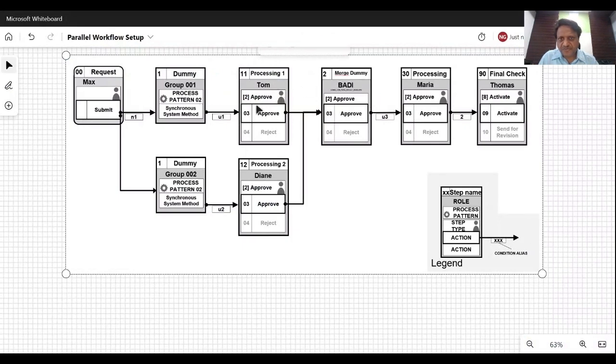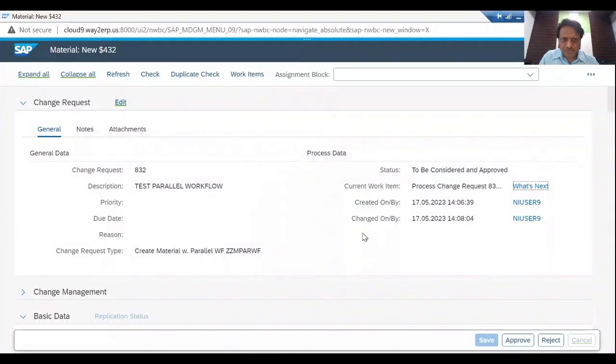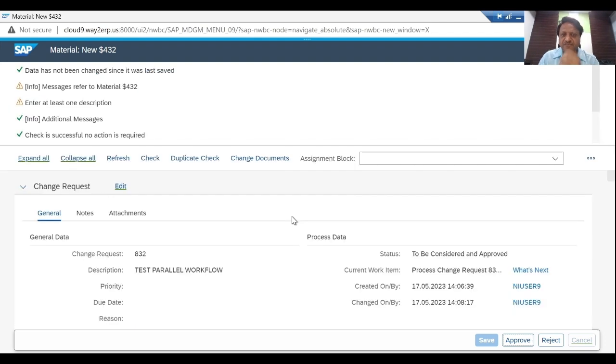So this is the first branch and the approval of the first branch. So the system, using the synchronous system method call, created two work items which are parallel workflow items, and using this step 11 we can then approve this step. Since we are assigned as the processor of this step,